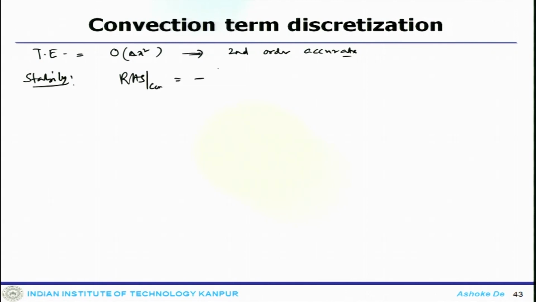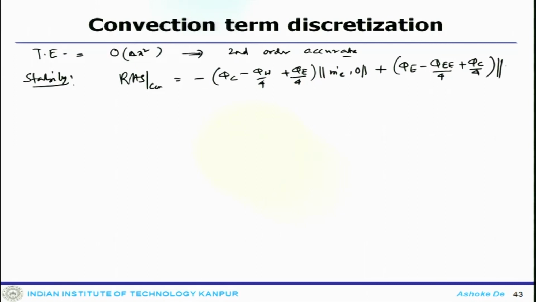will have this component phi c minus phi w by 4 plus phi e by 4, m dot E, plus phi e minus phi e by 4, phi c by 4 multiplied with minus m dot E 0, minus phi c, phi e by 4, phi w by 4, m dot w 0 plus phi w minus